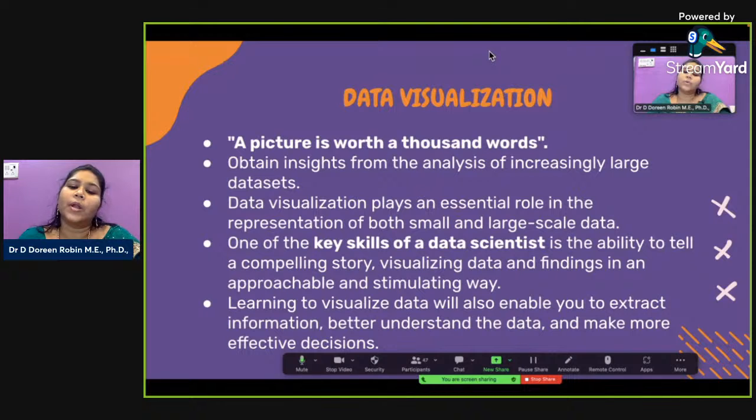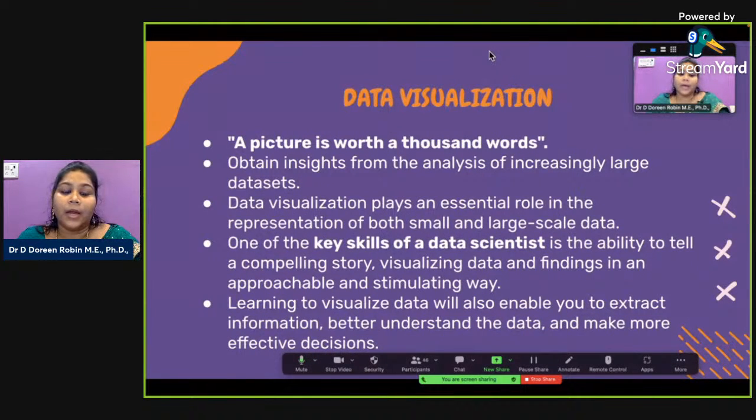So data visualization plays an essential role in both small amounts of data and large amounts of data. Maybe in the afternoon session, I'll share my company's profile, where we had students. Last time we had interns who came and worked for 4 months and developed the project. One particular student worked with almost 5 crore records of geospatial data sets,